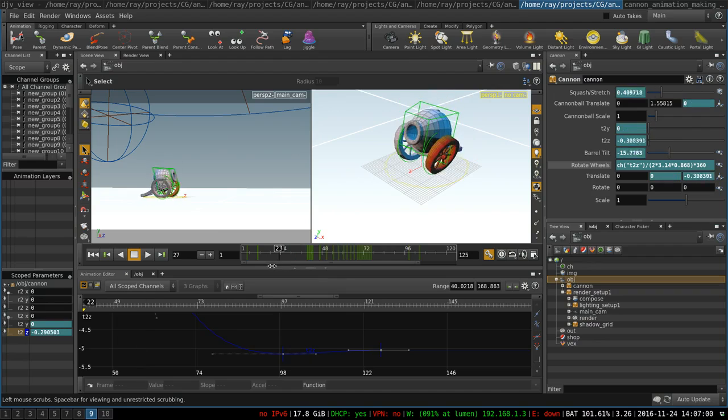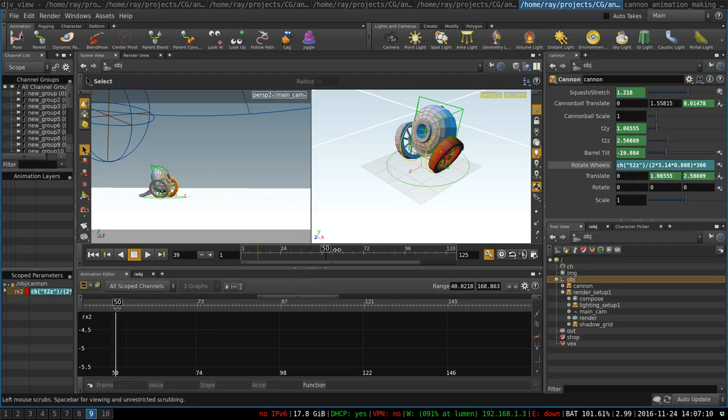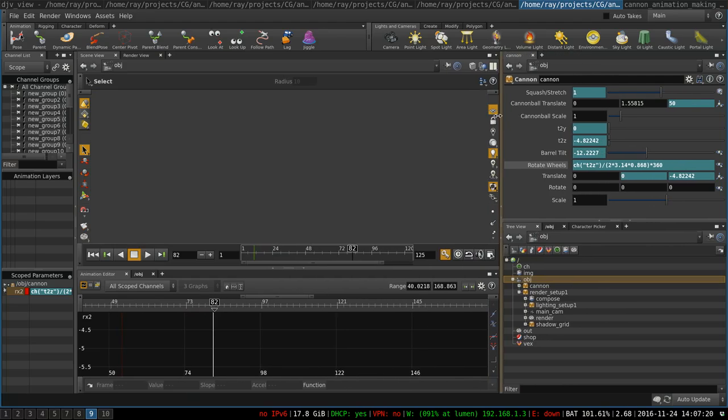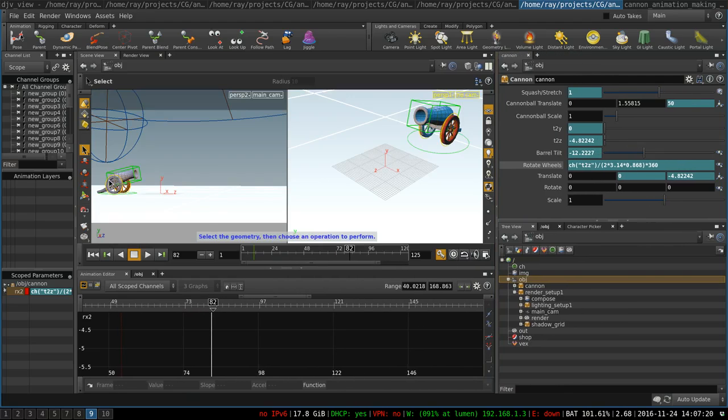And one final touch that I needed to add to the animation is to make the wheels turn as the cannon moves backwards. Basically what you can do is to just animate the keyframe on the wheel rotation, and then the wheels will just gradually rotate, and you can edit the animation curves to make them gradually slow down at the end. But I wanted to do it automatically, so I have created a nice little formula that rotates the wheels based on the cannon